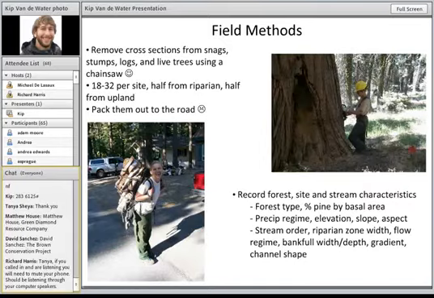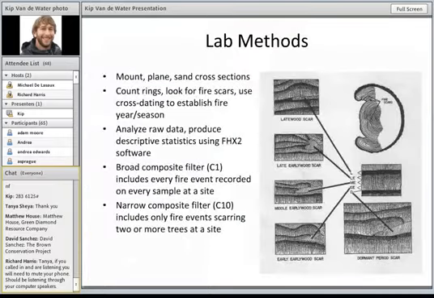So the process, for those who aren't familiar with fire scar studies and dendrochronology, we went out into the woods and cut chunks out of fire-scarred trees and hauled them back to the lab, sanded them down, counted the rings, and saw which years the fire scars intersected the tree ring record. And then we also took some plot data looking at forest species composition and topographic characteristics, as well as channel characteristics in the riparian plots. And in the lab,